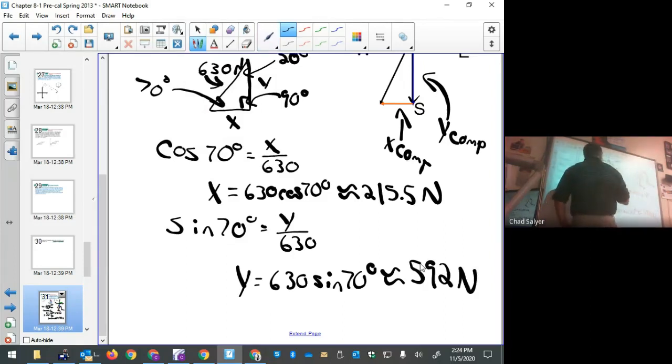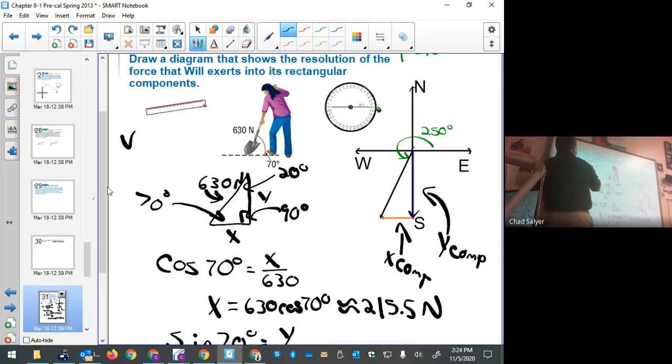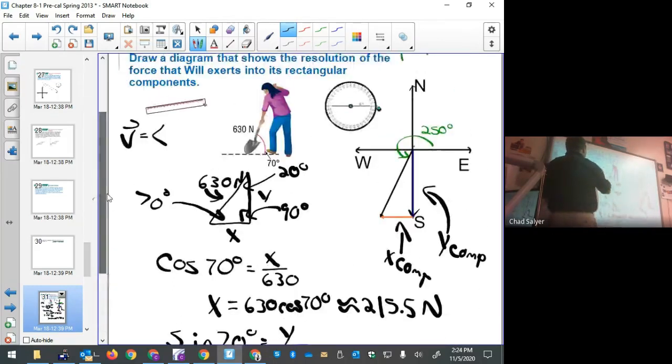So this is our x component and our y component. Now, these are positive. You're always going to get a positive result. I know, however, this displacement in both cases is negative because it's in Q3. So you must do a sign, S-I-G-N, analysis after the fact to determine if they're positive or negative. Okay. So the method I taught you will give you the magnitude of the component vector. It won't give you the direction. It'll be either positive or negative. In this case, both negative. So I can say this vector, we'll call it V, is negative 215.5,